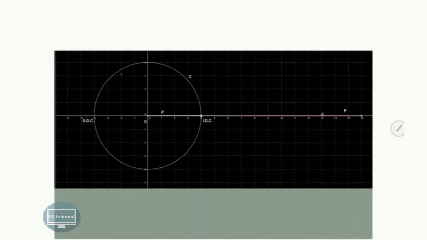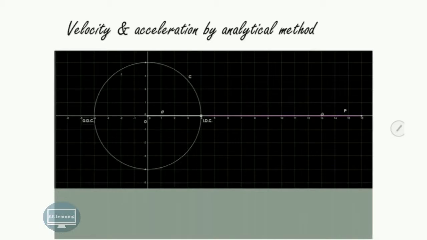So in this video, we will try to understand velocity and acceleration analysis of single slider crank mechanism using analytical method. Now, as shown over here, we are having the position of the crank coinciding with inner dead center, and as the crank starts moving from the inner dead center position,